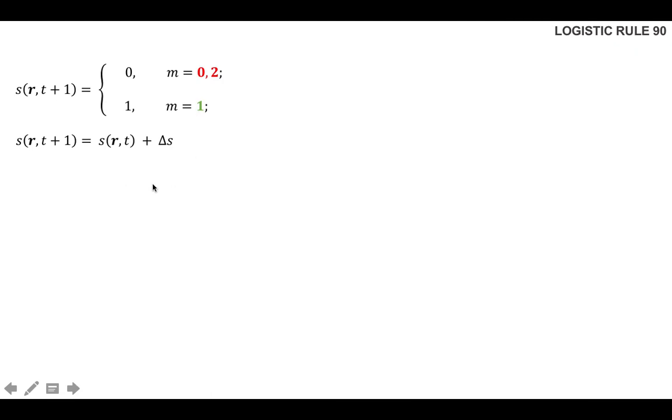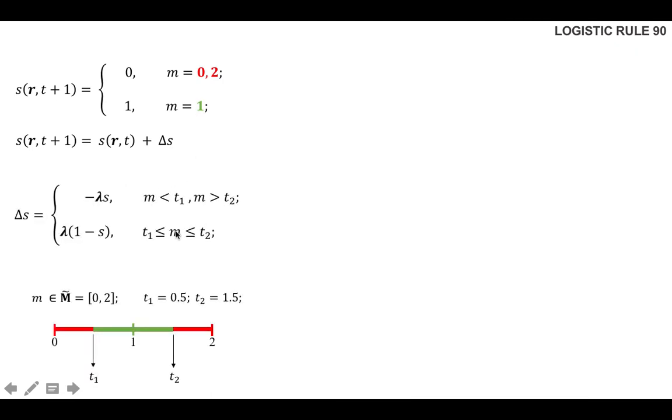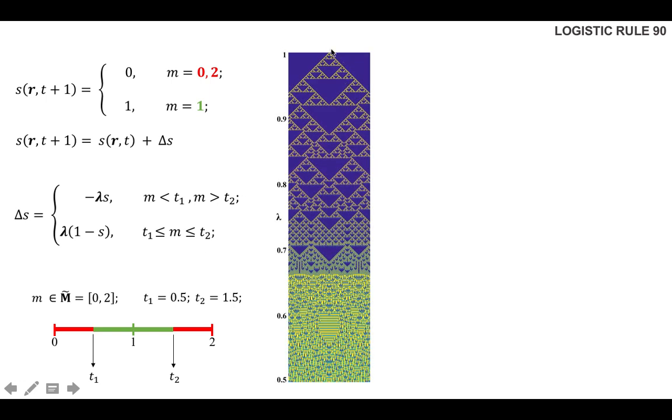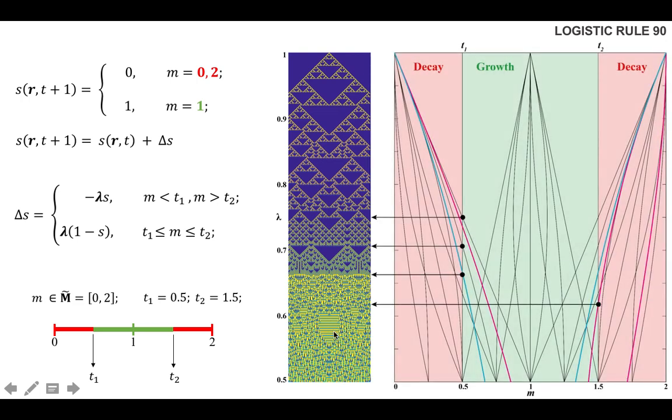So we apply our typical procedure here. We write things in terms of delta S, and then we put lambda in front of it. And what we get is, at the start, it behaves just like Rule 90 would behave, but as lambda changes, you have several phase transitions. And in fact, here, one nice thing is we arrive at period 3 stripes, which will be really important.